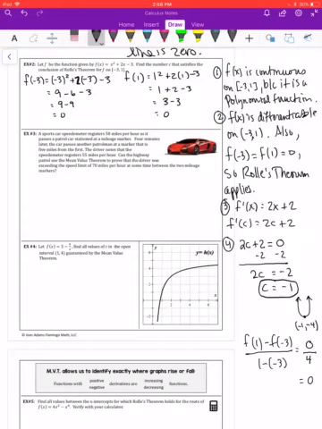Okay? All right, example number 3. A sports car speedometer registers 50 miles per hour as it passes a patrol